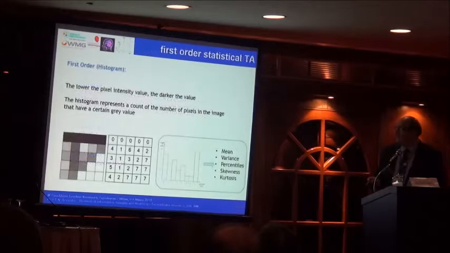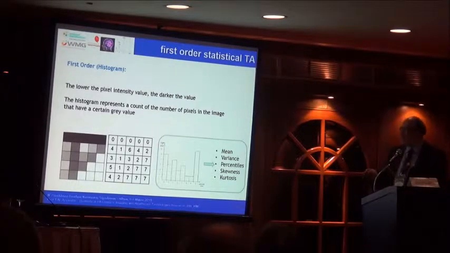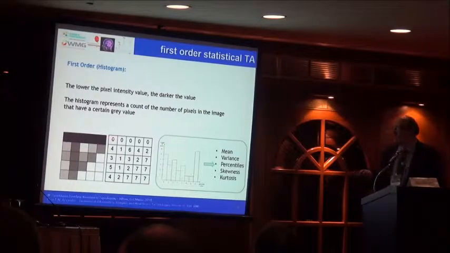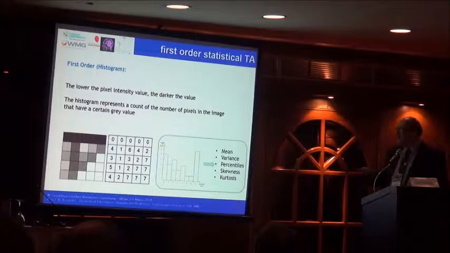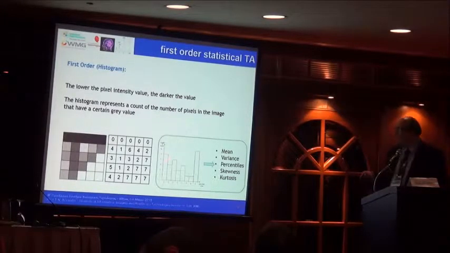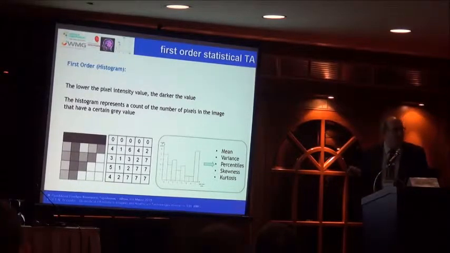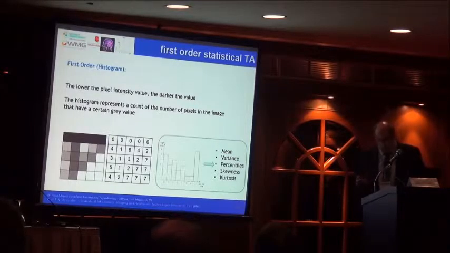So let me give you the examples I have from my clinical work, just to discuss very quickly some examples of these. Probably, if you have done biomedical processing, if you have looked at the Gonzalez book, this is the most typical example we have learned at the university. So look at intensity values, and the histogram simply represents a count of these number of pixels with particular intensities, and we put it into the frequency space. And then we play with the statistics, and we use this as part of the discrimination.